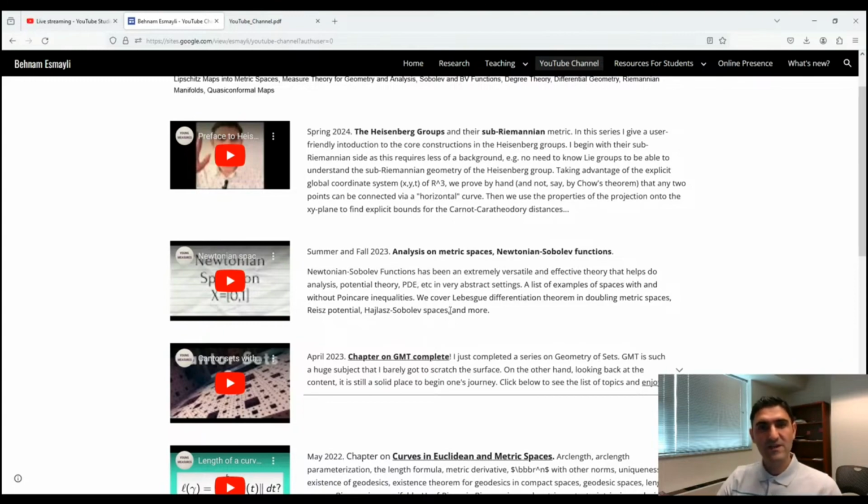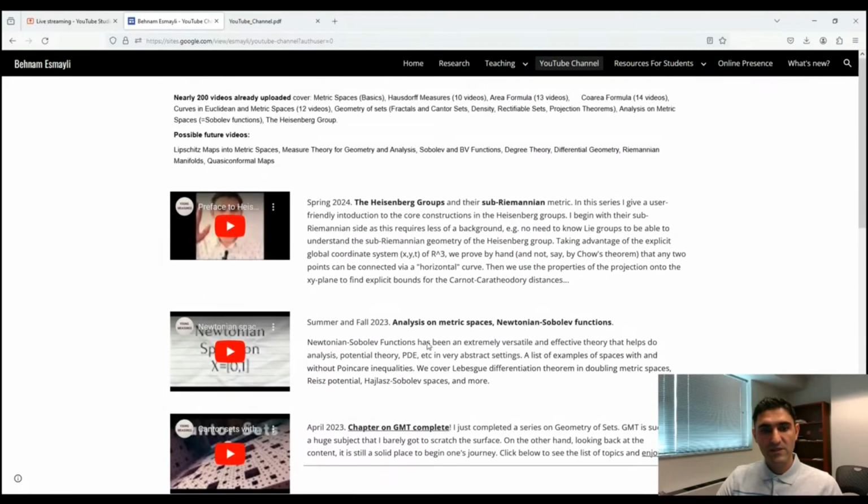Okay, and after geometric measure theory, we switched to metric space analysis. With metric space analysis, what is meant is functions defined from a metric space to R or to other Banach space. And the goal is to develop Sobolev functions and PDEs and potential theory on them. And there has been huge success in this area pretty recently, compared to mathematics history. They can be regarded as cutting edge developments.